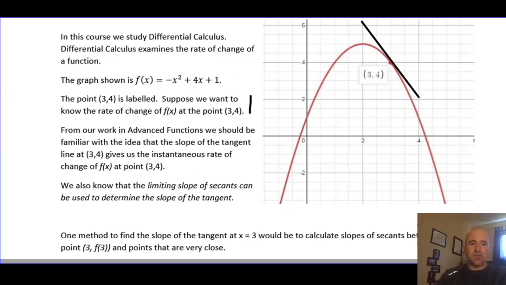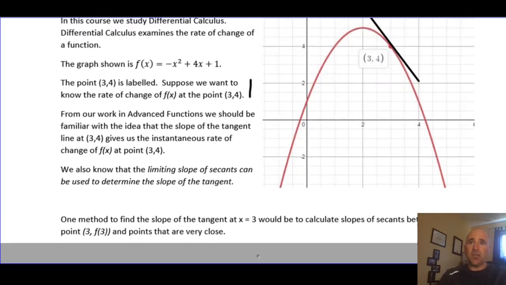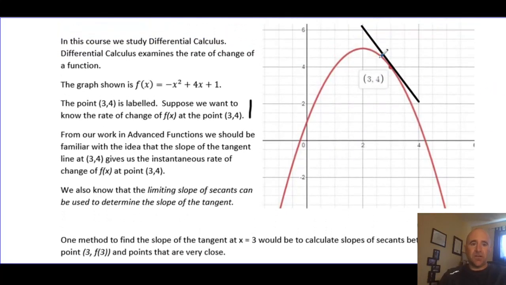And you've probably done something like this before, so this should be a review. I'm going to use a table to do it. So I'm going to look at some very, very small secant lines. And when I say small secant lines, I mean